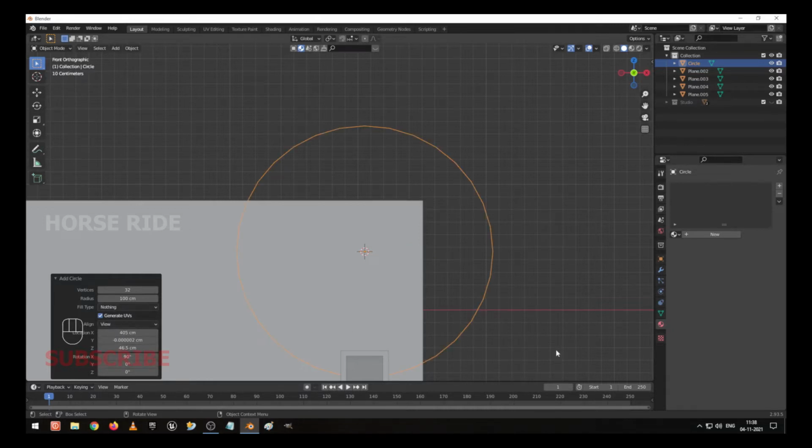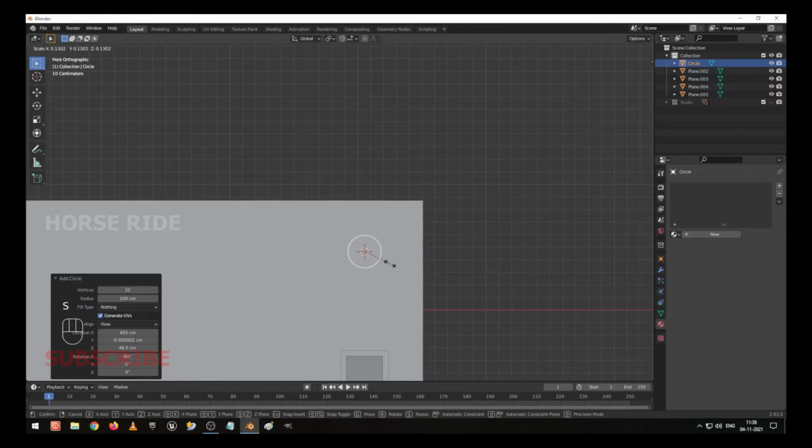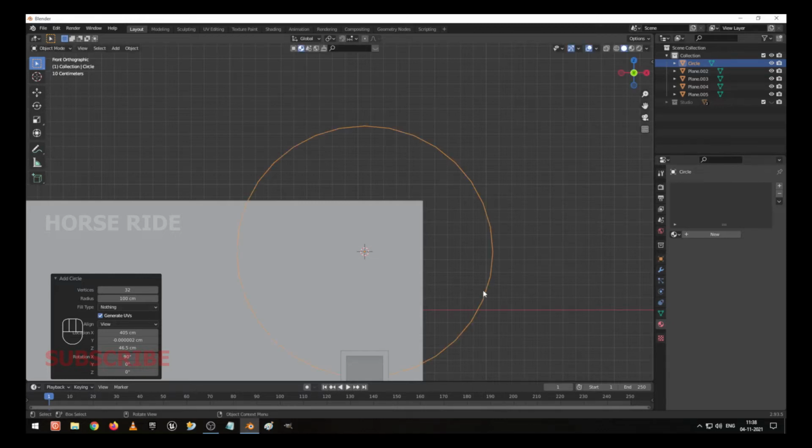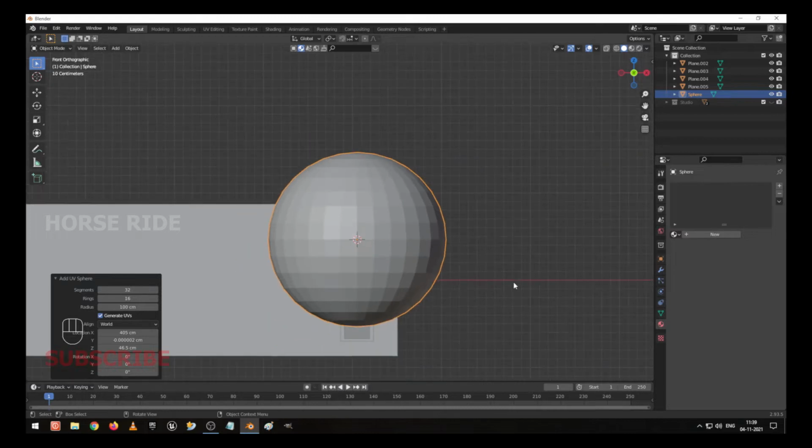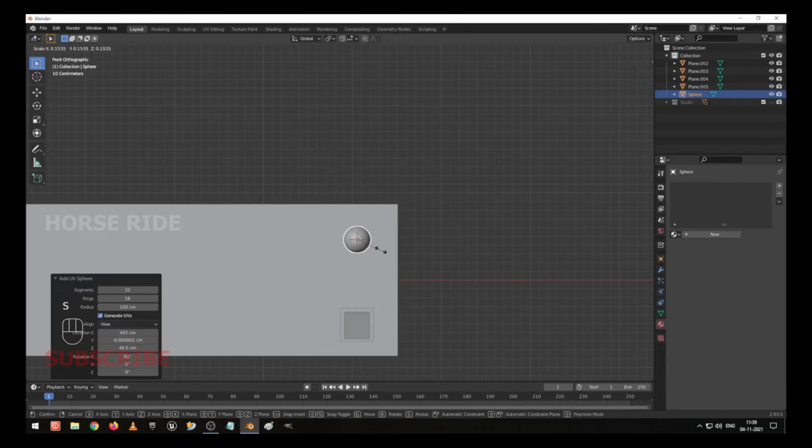Okay, and yes, to scale down. So instead of doing this one, we can create one more thing which is better. Go to new and create a sphere, and make it in view this way, and I scale it down.